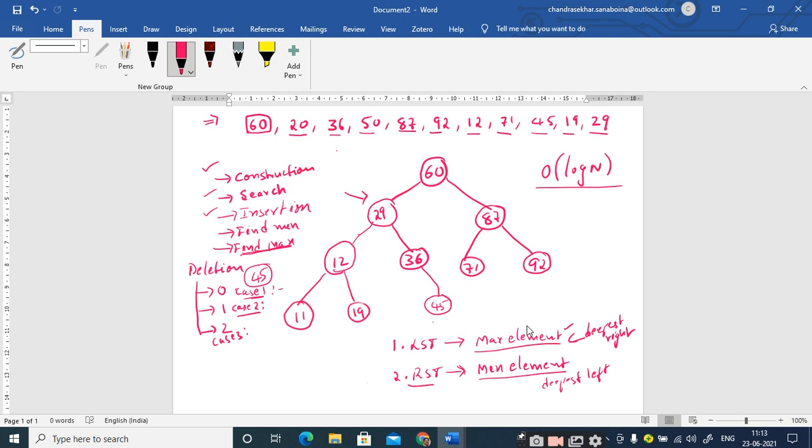For example, if I am replacing this 20 with 29, that means I am just performing the deletion operation of 29. Am I right or not? So I remove this 29 and place it here. That means you are implementing the case of deleting a node with 0 child.